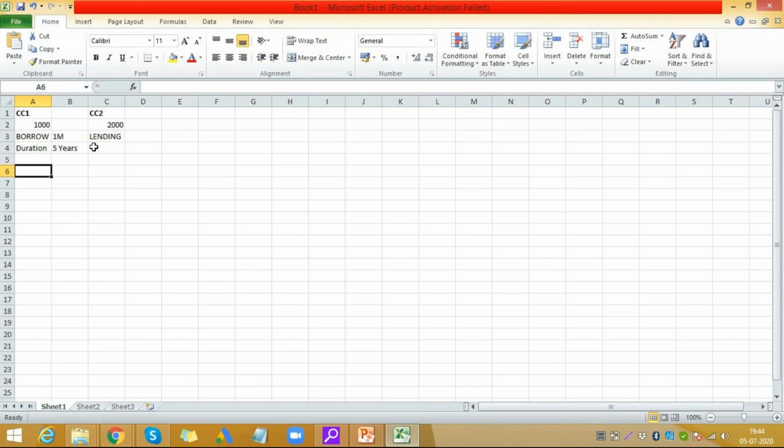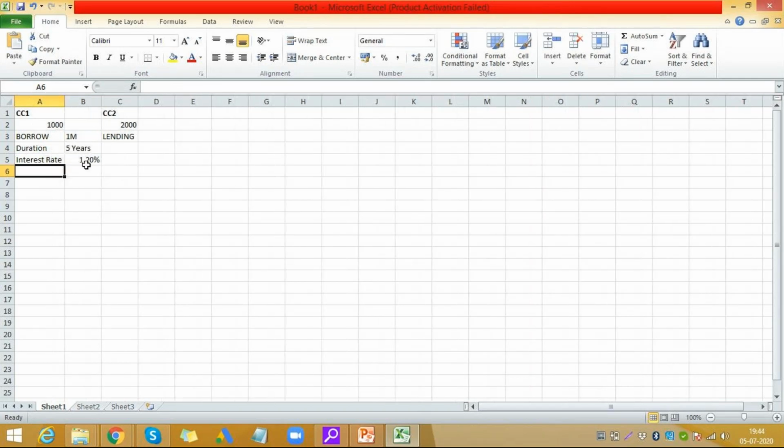Now they decide on duration, then they decide on the interest rate. Let's say 1.2%. Now this loan is for 5 years, 1 million at 1.2%. Then they decide on something called the interest rate structure, as we call it in SAP. Basically, interest rate structure means how your interest is calculated.